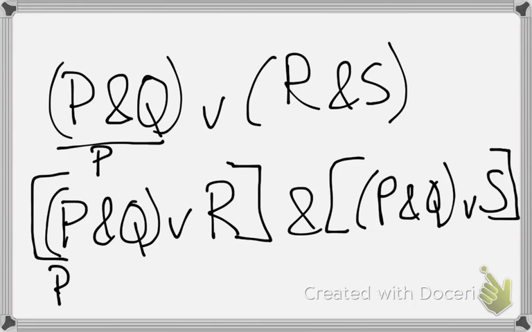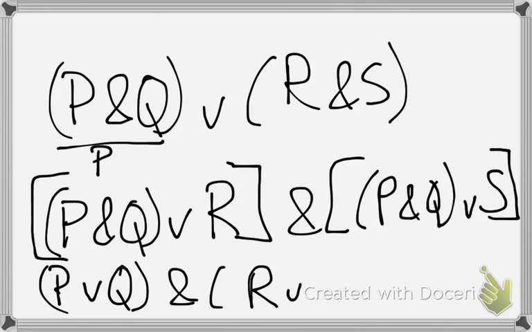So if you had P or Q and R or S, you could do the distribution on it the same way, except that, of course, it would end up with, well,